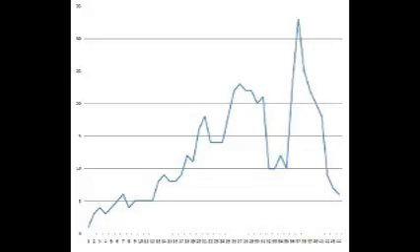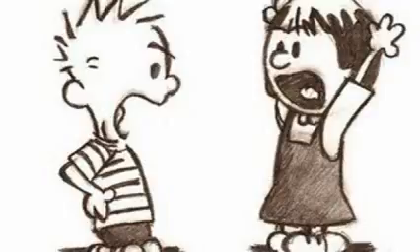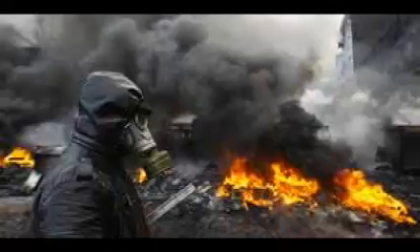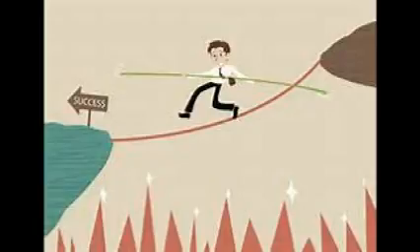The second element of plot structure is rising action. Here, the audience is introduced to the problem which the characters must face. The main character usually feels a sense of crisis, and this creates action and excitement for the reader. The main focus of rising action is that the main character knows the conflict and has taken some action to